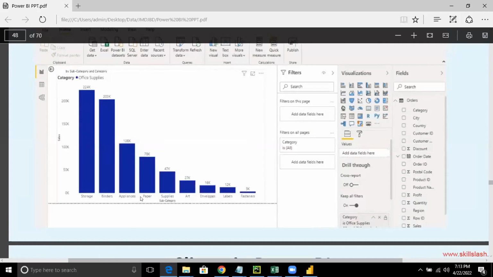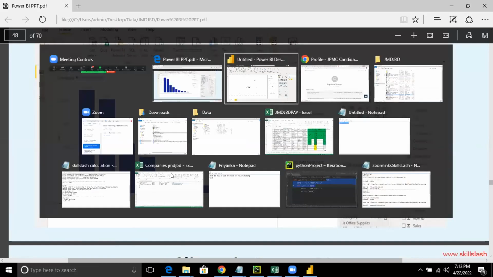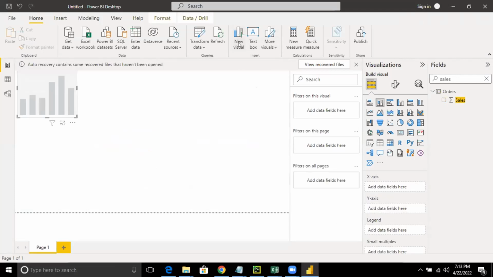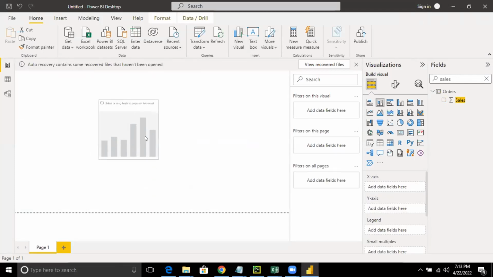So let us do one thing. Let us go to our Power BI tool. Let's delete this option. Let's click on a new visual option. Can you do these steps with me, everyone? Just click on the new visual option and I will wait for all of you to do this. I hope everybody has done this, right? It was a small job. Just create a new visual.